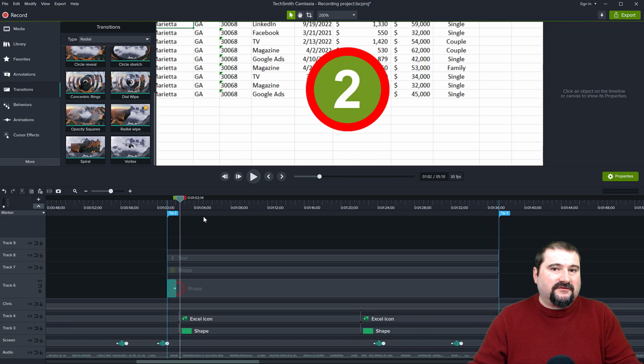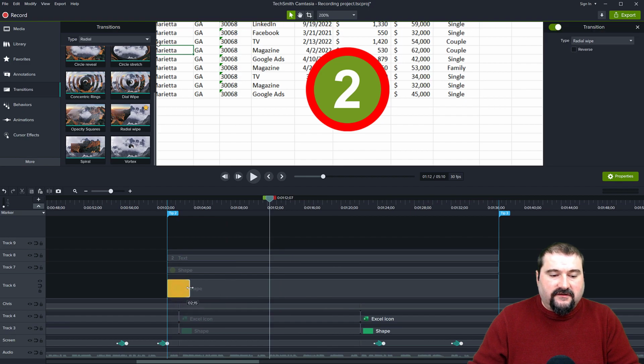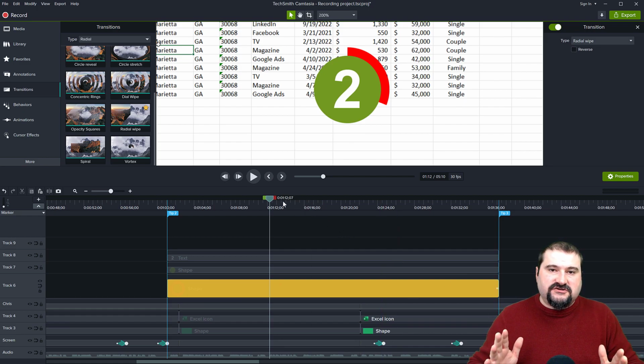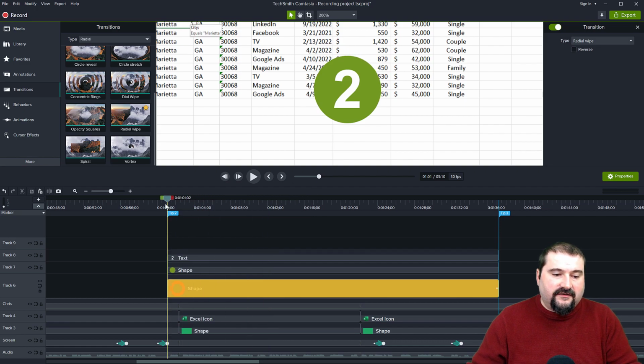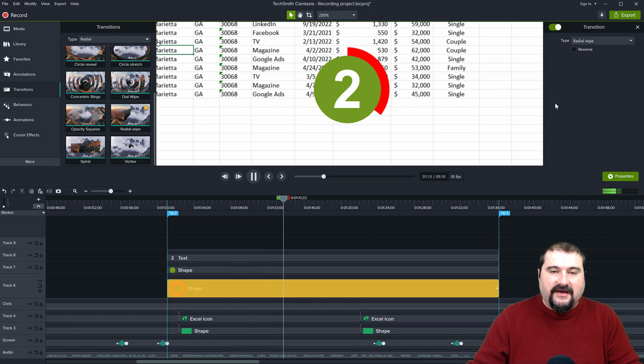But obviously I'm not happy with that, because my section has just started. I need that radial thing to last all the way up to here. And what I want to do is just expand the duration of this transition all the way here, like that. So now for the entire duration of my section, this transition is going to run. So if you watch this, you can see that the progress bar moves, the circle becomes full circle by the end of this section.